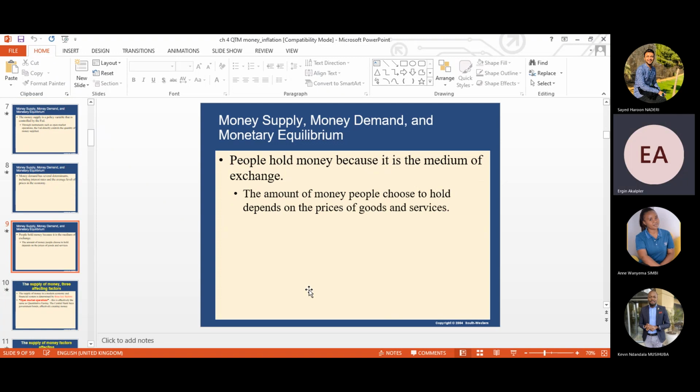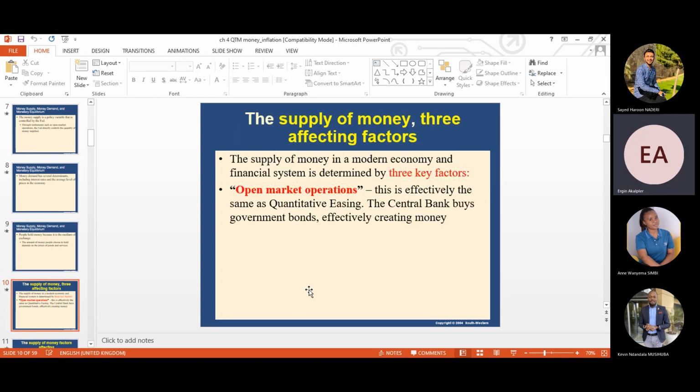If people hold money, then it is the medium of exchange. The amount of money people choose to hold depends on the price of goods and services. If prices become expensive, they require more money to spend and shop. If prices go down, then they don't need too much money, and they can save in the bank. Therefore, price stability and a strong currency, stable prices and strong currency, are preferred in economies for balancing the economy. Otherwise, it will create some problems for the economy, as I mentioned to you in the former slides. When we come to the